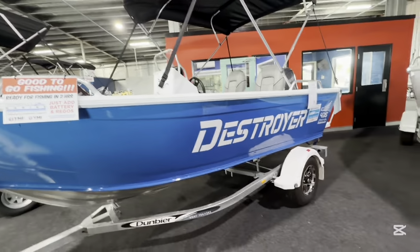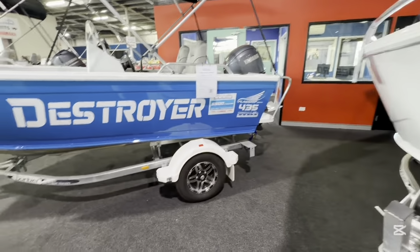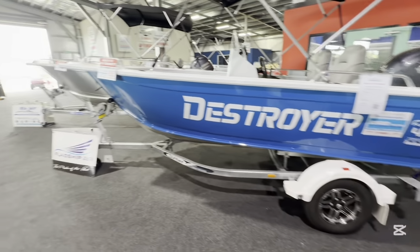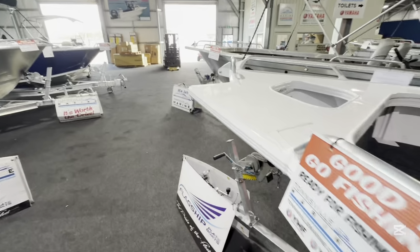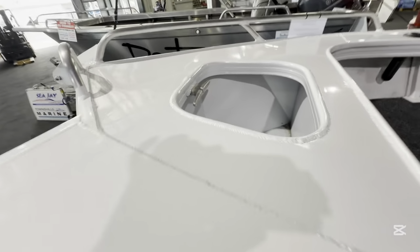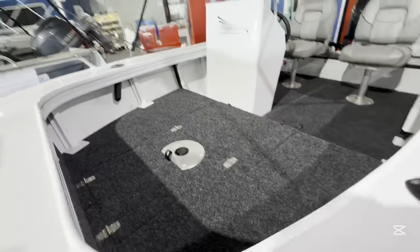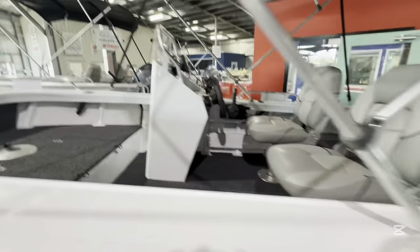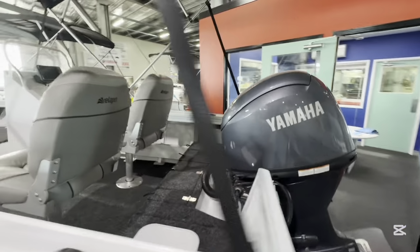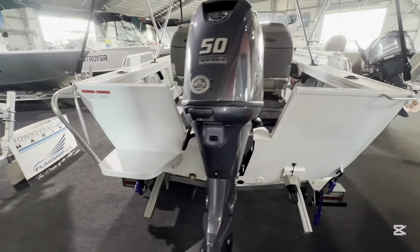This little destroyer is an absolute weapon of a boat. We've got $500 a metre off these boats at the moment. So, 435 Destroyer, it's got a canopy on it, bow mount plate, painted this really nice blue, alloy anchor well, front and rear casting decks, 50 horsepower Yamaha, side console, little sounder in it. Perfect little boat for the creek. On a good day you can duck out the front. On a Dunbier trailer,